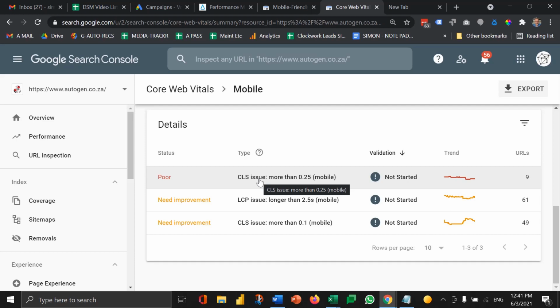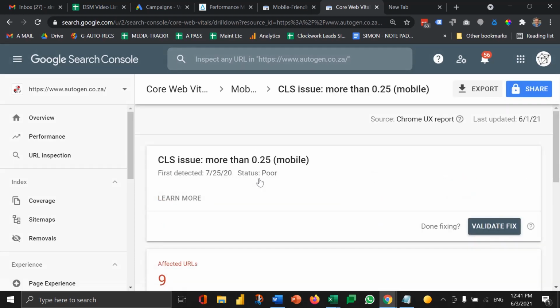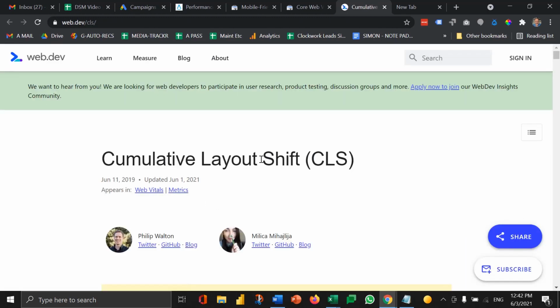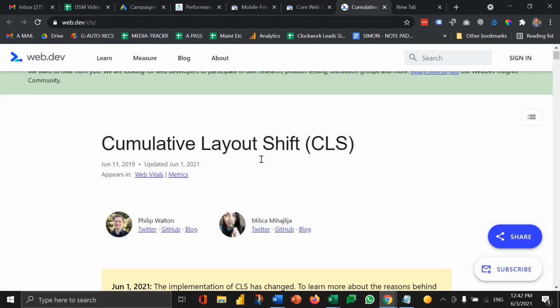Now, in many cases, the things that it's going to tell you here might not make sense to you. However, if you click onto that issue, in this case CLS, it'll then give you a definition of what that thing is. So this is called cumulative layout shift, meaning when the page renders on a mobile device, before it finishes rendering, one item on that page is looking like it's moving location, and therefore the user may have a poor experience because there are elements visually on the page that are moving in position